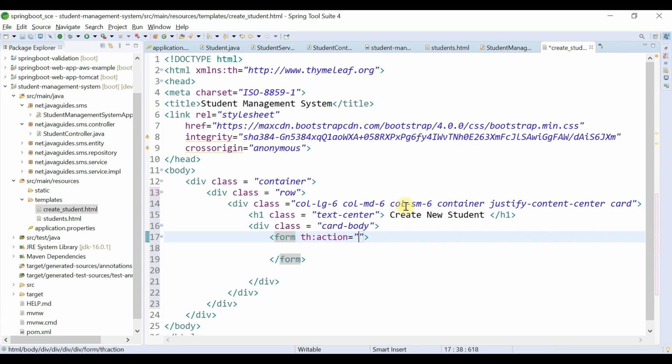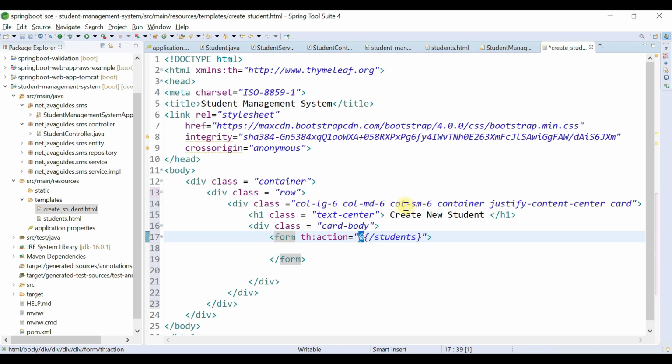Okay, so action is the request URL we define here, @, and then /students. So remember here, @ represents the context path of your application, and context path is nothing but your application name.